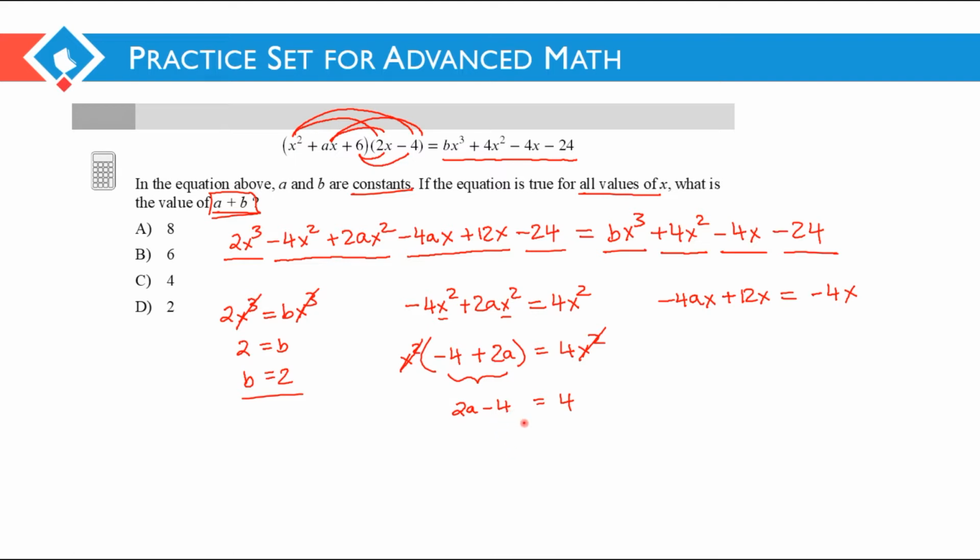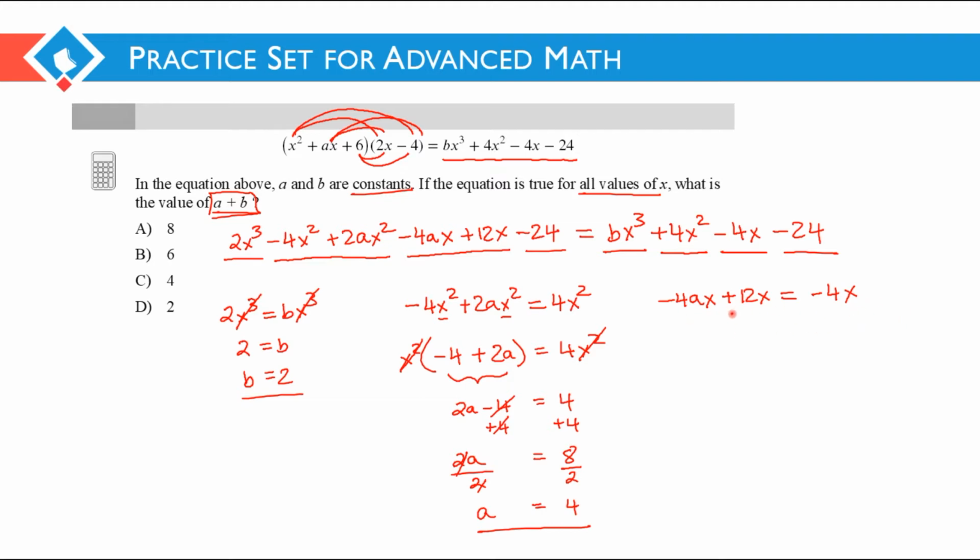And the next step is just to add 4 to both sides, and that gives me 2a is equal to 8, because these 4's will cancel. After dividing both sides by 2, I will get a is equal to 4. So I got a equal to 4 here. So at this point, I actually have enough information to solve my problem and to determine what a plus b is. But just to be on the safe side, let's see what the value of a is based on this